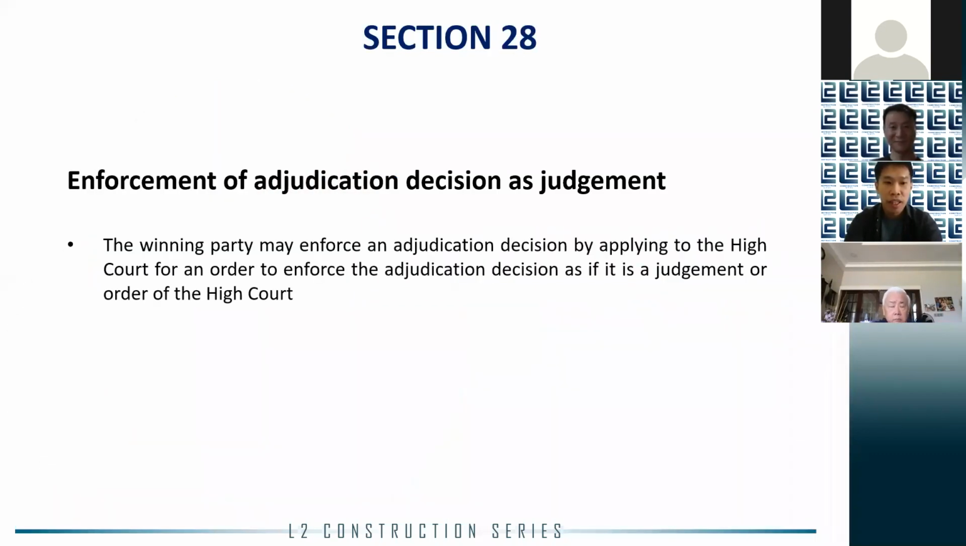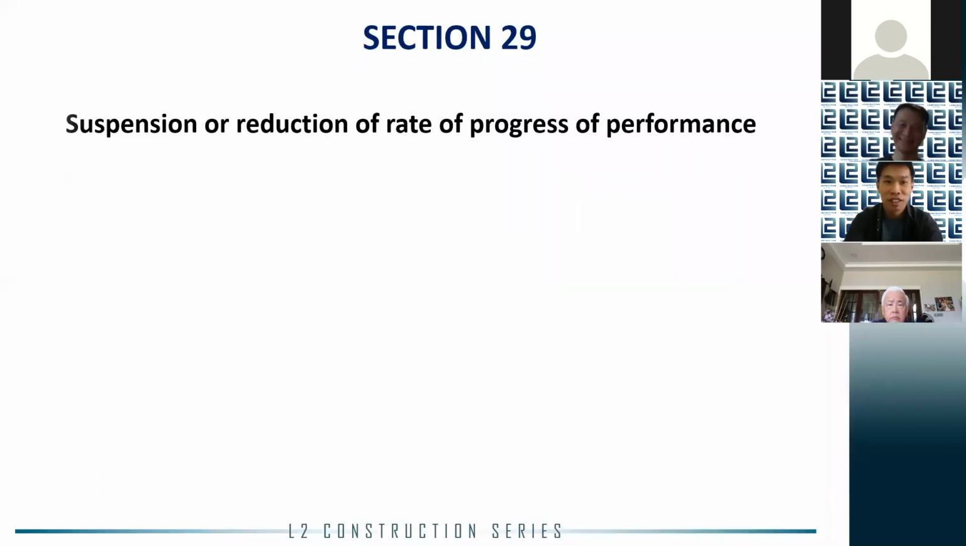First, the winning party can enforce the adjudication decision pursuant to Section 28 at court. Once the adjudication decision is enforced, a judgment or court order of the High Court will be obtained by the winning party. The winning party can then execute the judgment or order against the losing party. Then,